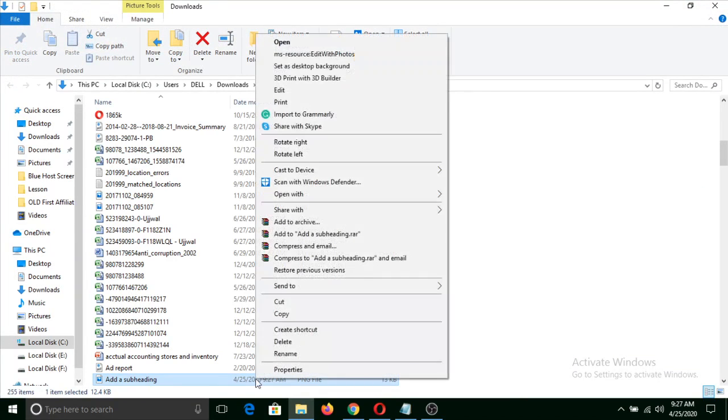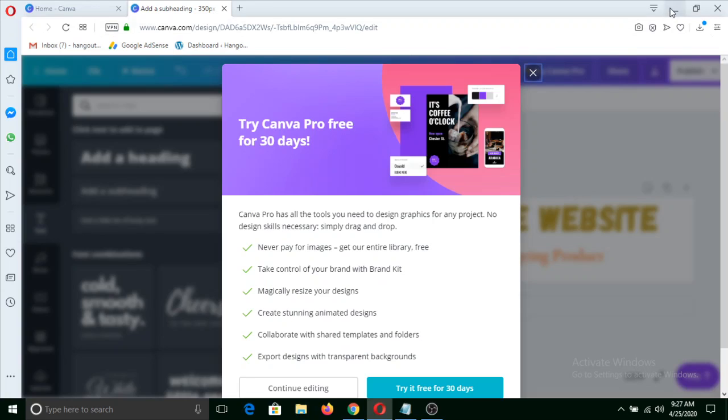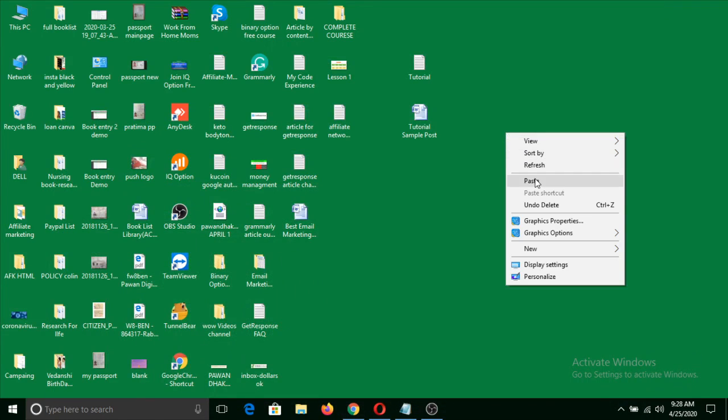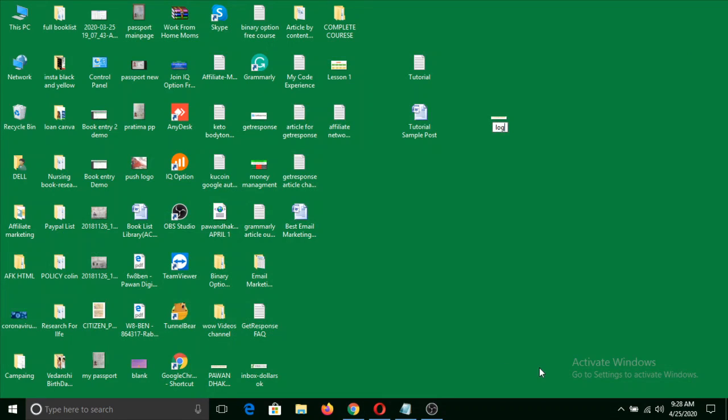I'll right click and cut, and I'll cancel it. I'll minimize it and I'll paste it here, and I'll name it logo. I've pasted it on my desktop. Now our logo seems something like this, which we'll put in our website.